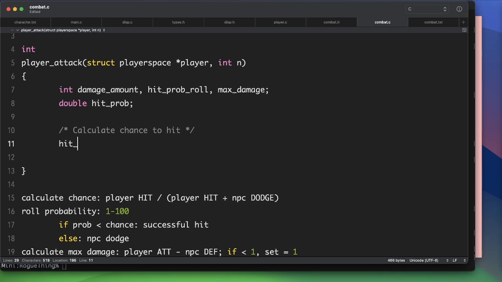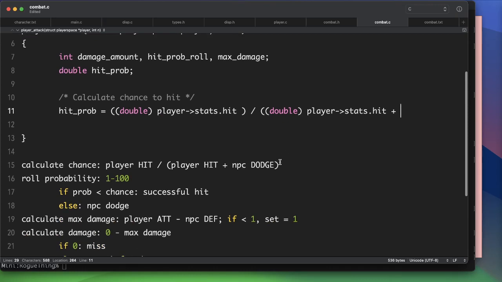Hit prob equals. We're going to just cast manually everything here. I'm going to enclose them in quadruple parentheses just to make sure everything's good. Okay, so that's going to be player stats dot hit divided by player stats dot hit, and then plus